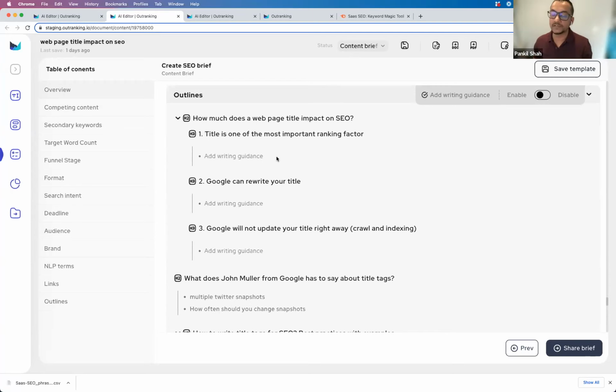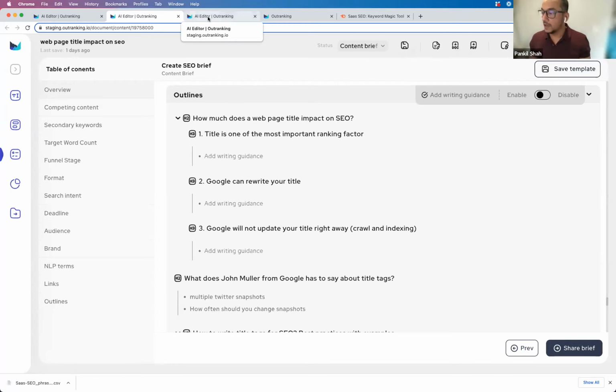So you can refine the prompts, and then you can brief the writer on how to write the content. Essentially, a prompt is also a set of instructions on how to write, right? So it can be used to either write with AI or fine tune and brief the writers as well. Then you can certainly share the brief. You also have the Google Doc link over here that is connected.